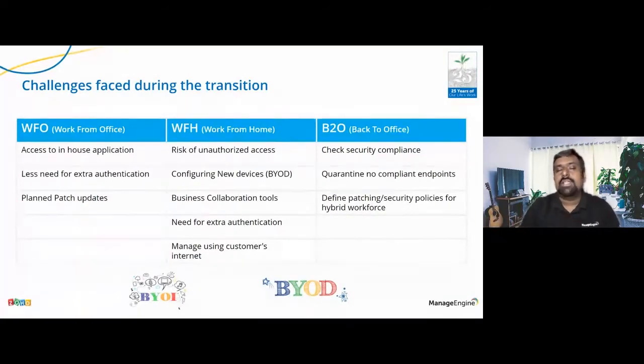And then the last problem is when they're back to the office, what quarantine policy do you have? How do you quarantine these machines? Just like with the COVID-19 virus, if you're exposed to COVID-19, you quarantine yourself for some time, and only then you'll be back to the office. And that's very true for your endpoints too. In all this COVID-19 situation, when your endpoints are at different places, probably a wilderness, they could have picked up a lot of malware or ransomware along the way. And when they're back to the office, you have to make sure they quarantine, they're compliant, and you will have to strategize your security policy according to that.